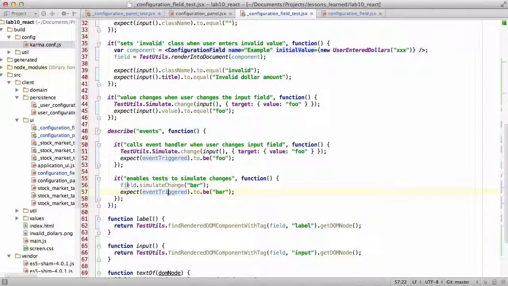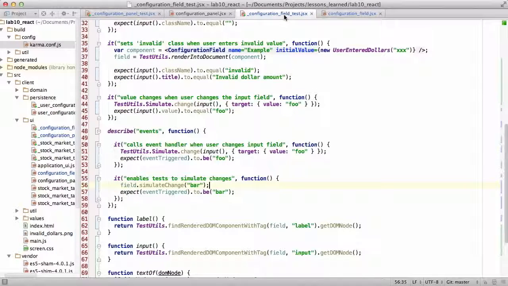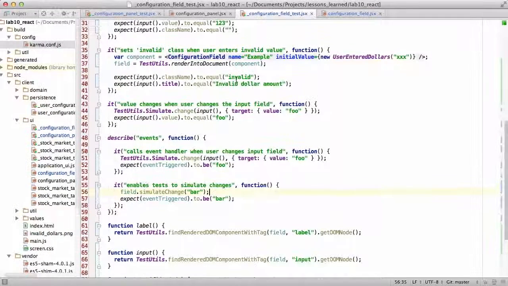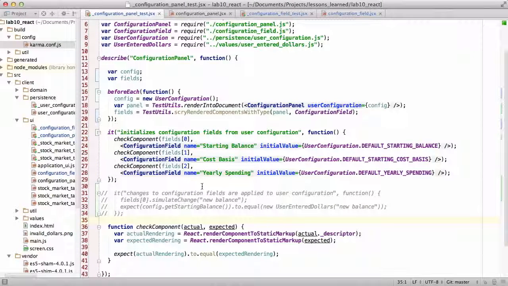So as long as we've rendered into the document, we can just call methods directly on the component, and it's just that simple. And implementing it, simulate change just turns around and calls handle change with the appropriate property. It works really well. So now that we've got that working, we can go back to our configuration panel and